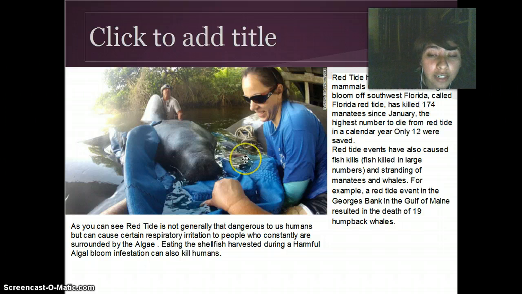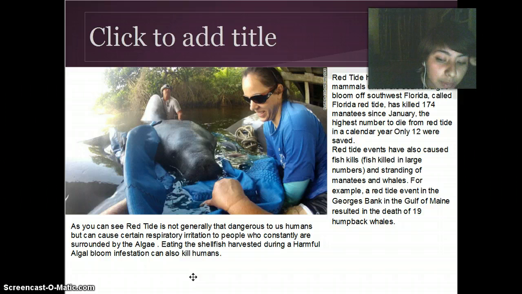Only 12 were saved, and red tide events have also caused fish kills in large numbers, and strandings of manatees and whales. For example, a red tide event in Georges Bank in the Gulf of Maine resulted in the death of 19 humpback whales. As you can see, red tide is not really that dangerous to us humans, but can cause respiratory irritation